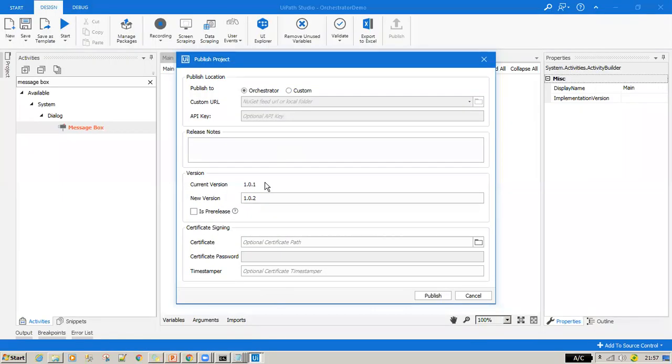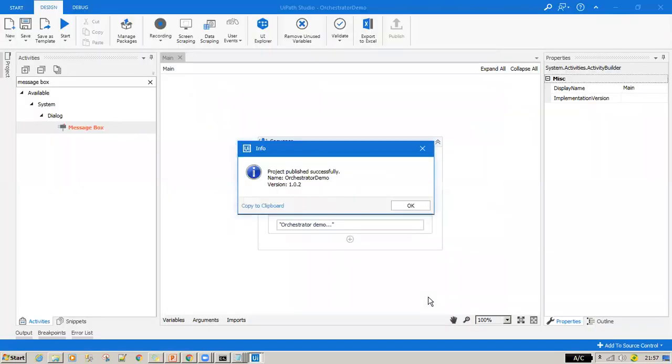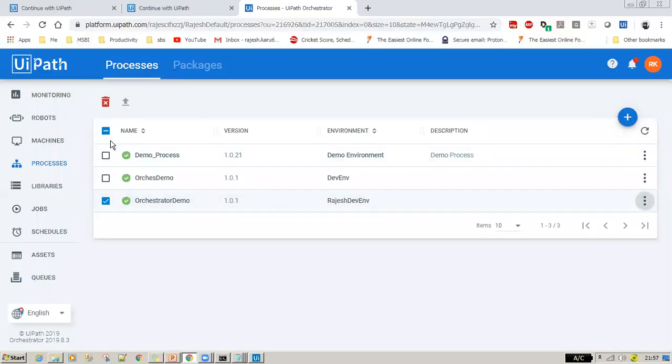Now I am publishing the newer version, which is 1.0.2. Why are you publishing? You made some changes to your code. You want those new changes to be reflected, right? So I'm publishing a new package, saying publish again. It says project published successfully, and the version number is 1.0.2. Now watch, guys. I'm going to processes again.